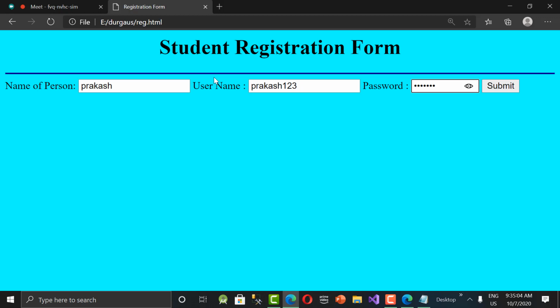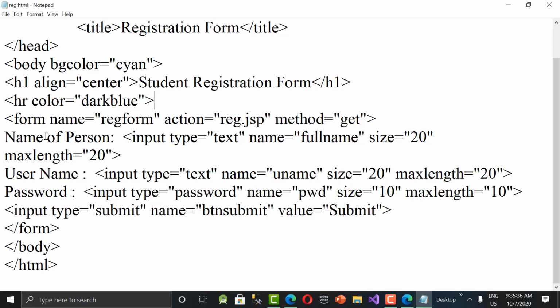Instead of giving BR tags for everything, we can simply make use of table tag now. So I'm taking a table. In creation of table, what I'm doing is the first TD I'm keeping inside first TD. I'm keeping this name of first. Input tag I'm keeping in second TD. Again, next row begins. Again, second row, first TD is username. Again, this is the next one. Input type I'm keeping in second TD. Like that, I keep on moving. Okay, let's convert now. Let's try to do this. So I'm starting a table now.